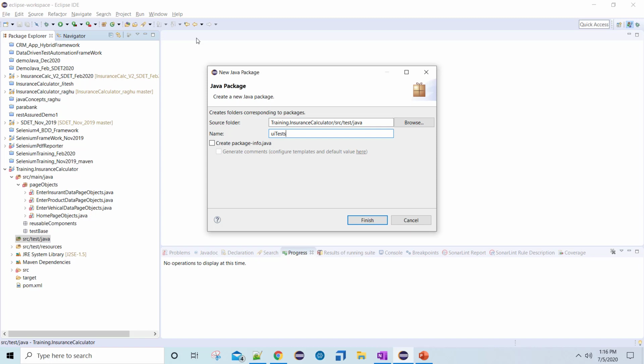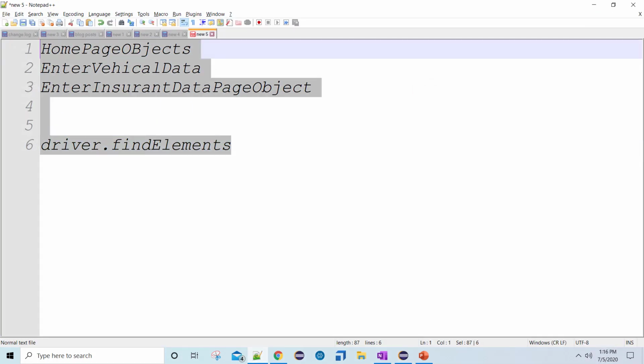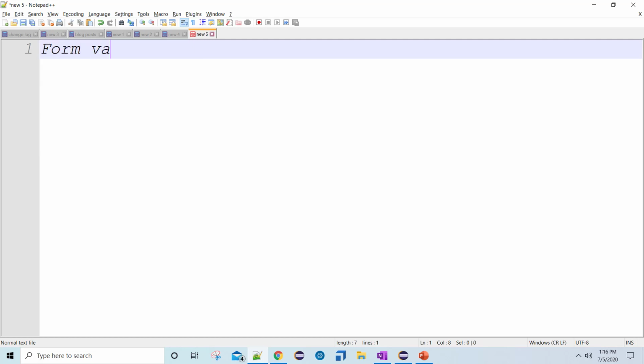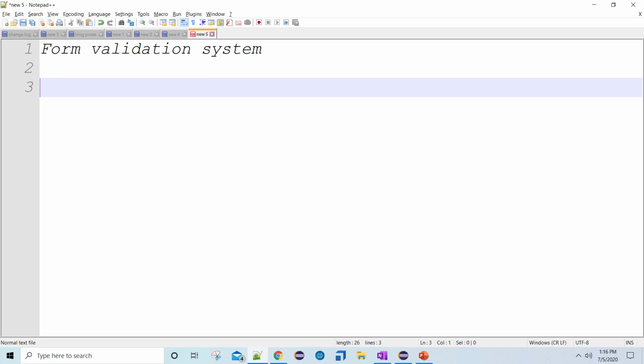You may segregate them based on the business area. If I take you through one sample example, let's say I am working on some form validation system, which is specific to a banking application. In banking, if we talk about US banking, they have a lot of banking forms. For example, W9 forms, W8 forms. Under W8 they have multiple options like W8 BEN-E and W8 IMY. Like that we have multiple forms. We have many more in that case.